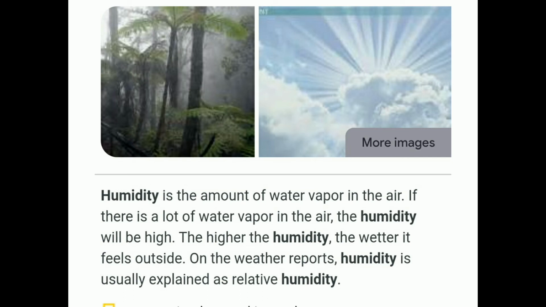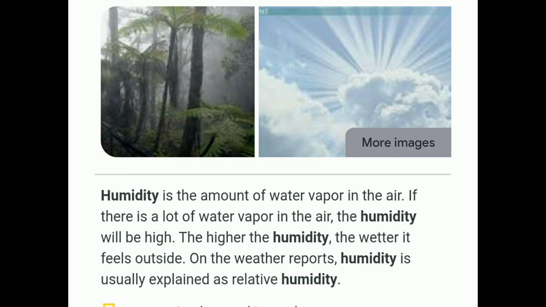Even in the atmosphere, we can see a fog-like substance. Actually it is completely water vapor, because we are very near big water bodies like seas and oceans. In the morning, the evaporation process has occurred. A lot of evaporation occurs in the summer season. Because of that, a lot of water vapor will be there in the atmosphere. So the atmosphere contains this water vapor, and so it is called humidity.